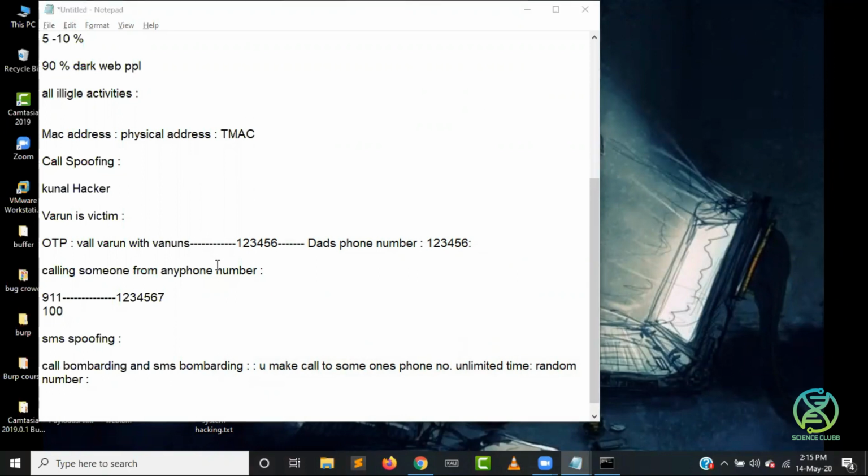Okay, so guys, the time is done. Let's do one thing. We'll continue this call bombarding and SMS bombarding in the next class. And then we have URL spoofing also left. We'll also continue that. Then just try to do all these activities, and if you have any query, you can just ask me in your next class tomorrow.